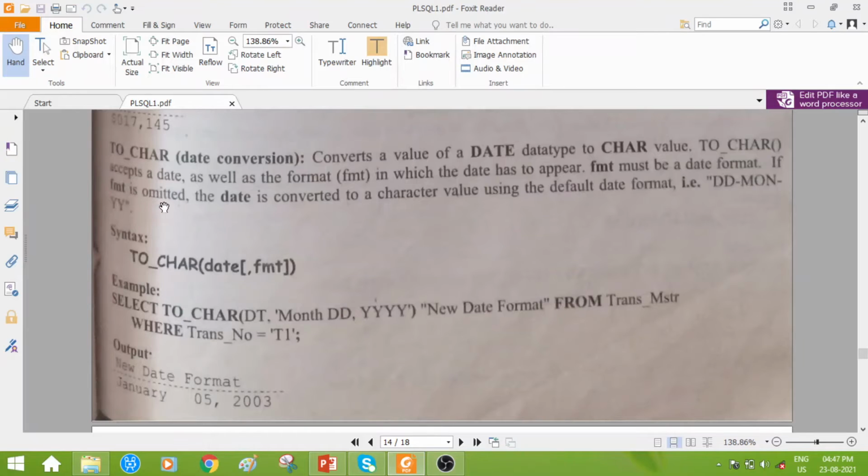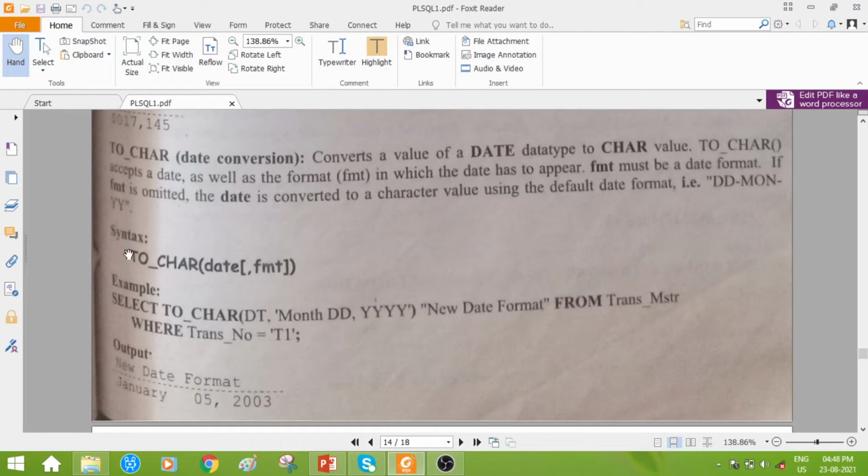If the format is omitted, that is, if we are not mentioning how the date has to appear, then the date will be converted to a character value using the default date format, which is date followed by month, then year.